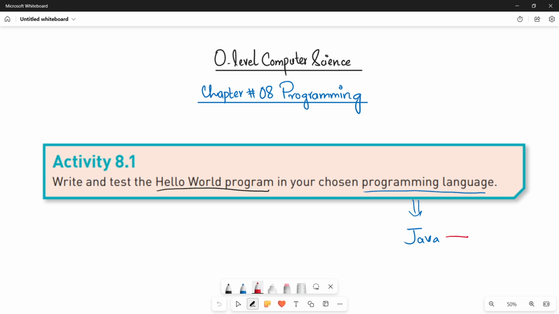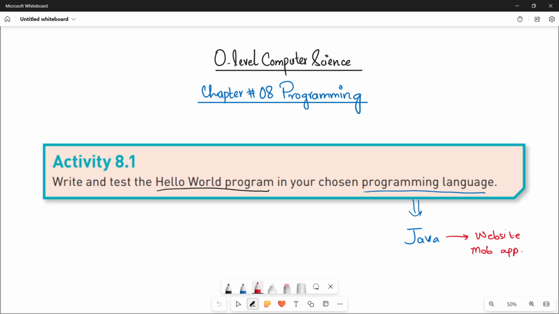It is open source, and here you can develop anything like websites, mobile applications, and desktop applications, and much more. The code is easily available since a lot of people are working on Java, so you can find the code without any difficulty. Okay, so for Java, what you have to do first of all, whenever you want to